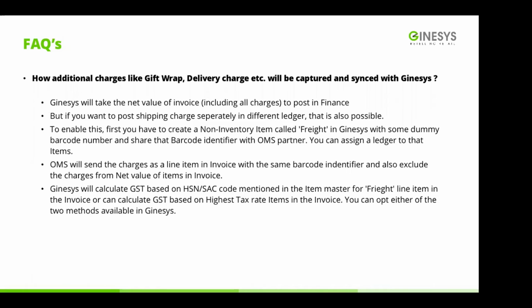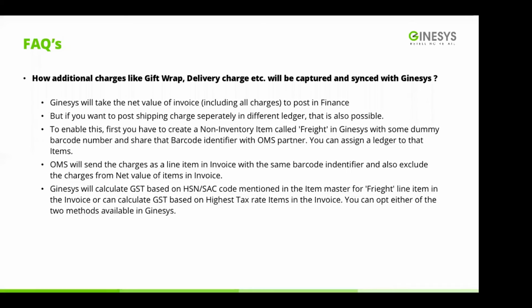How? To enable this, the way out is a little bit tricky, but it's very straightforward. First, you have to create a non-inventory item called freight in Ginesys, with some dummy barcode number, and share that barcode identifier with the OMS partner. You can assign a ledger to that item as well. OMS will send the charges as a line item in the invoice. Say, for example, if the invoice has 2 product lines, then for the shipping charge, a third line will be created by the OMS and pushed to Ginesys